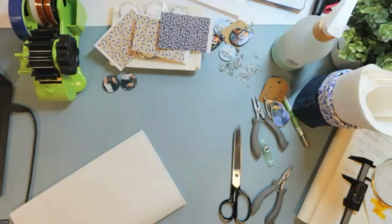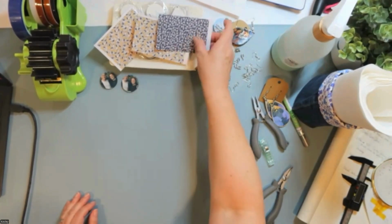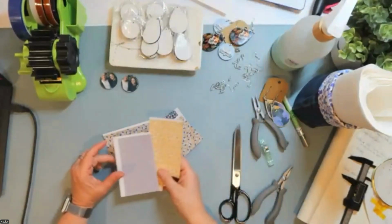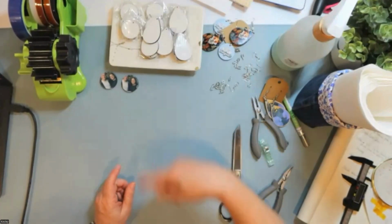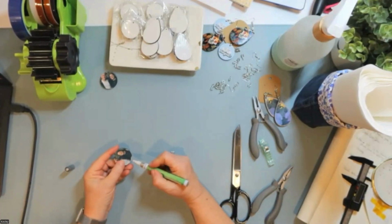So they could pick out their own papers and make their own designs, and then you press it for them, and then they get to pick it out afterwards and you add the hardware to it for them. But once you've got the design done, they could just come in and pick out the base that they want and then the little colors that they want to go with it. This is a real simple thing that they can make themselves. And you can do that as a keychain area, if you want to have kids do keychains. And then once you've pressed it, you could have out some paint pens and they could come in and just